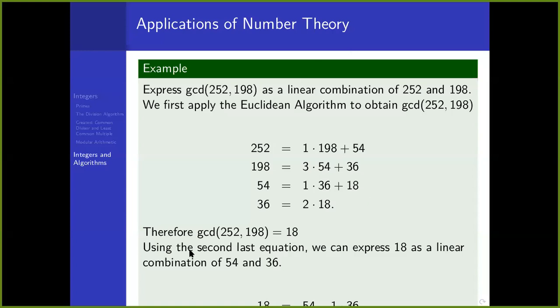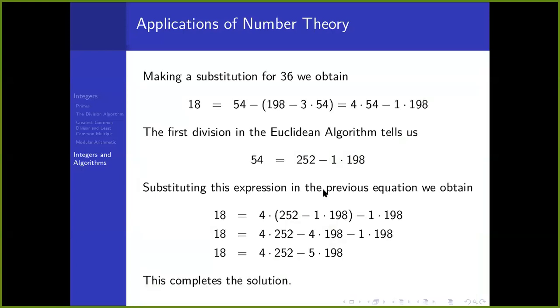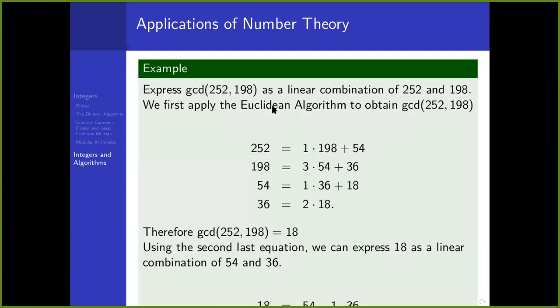So using the second last equation here, we can express 18 as a linear combination of 54 and 36. So here you simply make 18 the subject. So 18 will be equal to 54 minus 1 times 36. So that's what you have here. Now, but we know that 36, if we go back to this step,